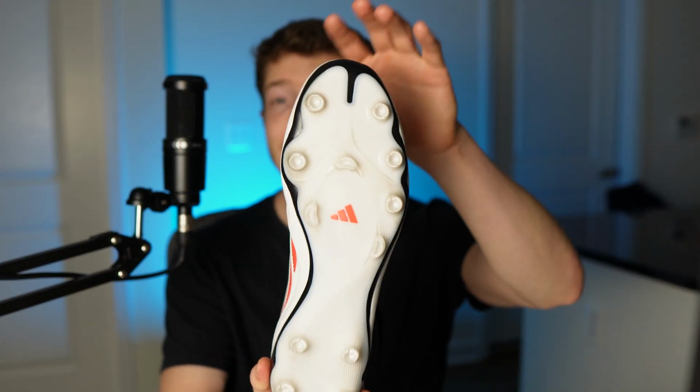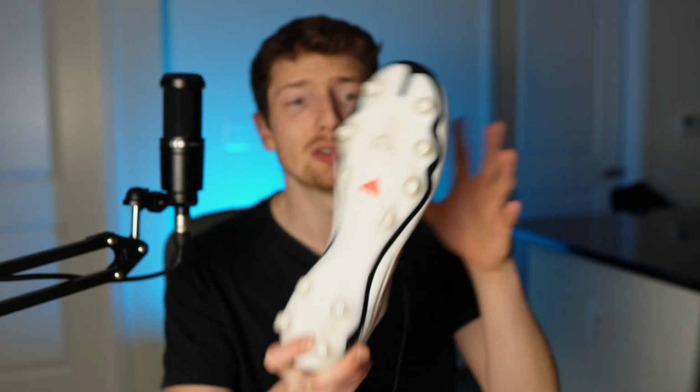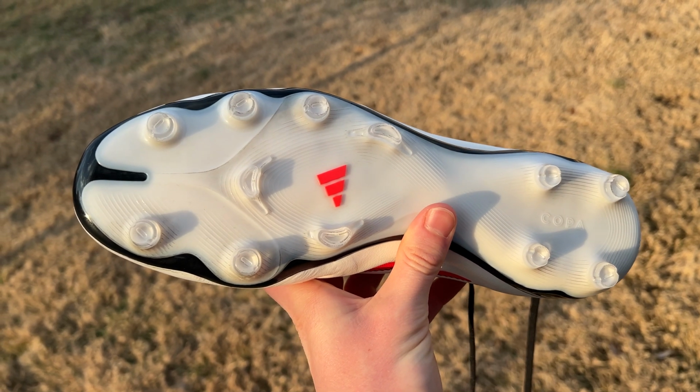Now, moving on to the underside of these boots, Adidas have finally ditched the torsion frame outsole that we saw on previous versions like the Copa Pure 2, and I'm pretty happy about that because that previous outsole I wasn't a huge fan of. I found it to be just a little bit too rigid and also pretty narrow towards the toe box. Now, the shape of this new sole plate here is actually going to be very similar to